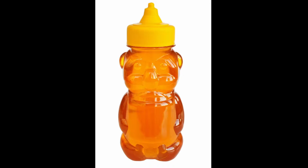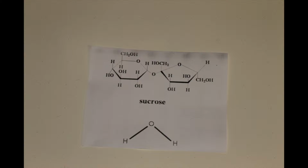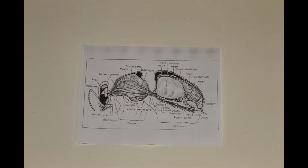But how do honeybees make honey? Where does it come from? Well, it all starts with nectar. Nectar is made up of water along with a complex sugar called sucrose, but many people know this sugar as just regular table sugar. Bees dedicated to gathering nectar, known as foragers, suck up the nectar and store it in